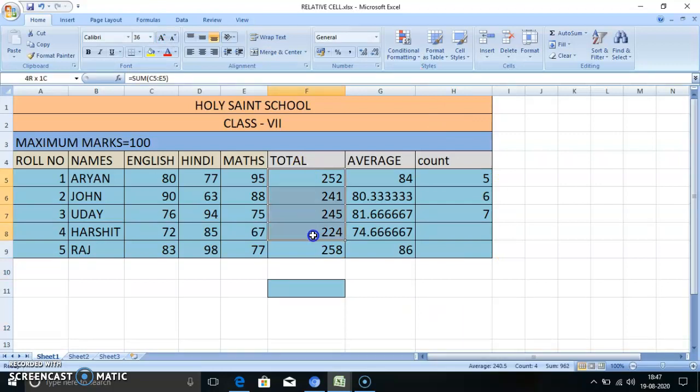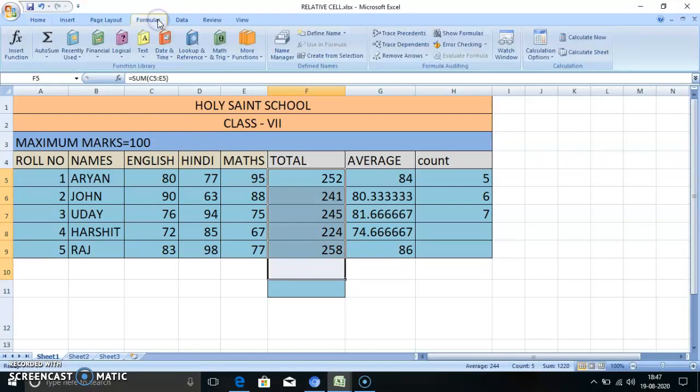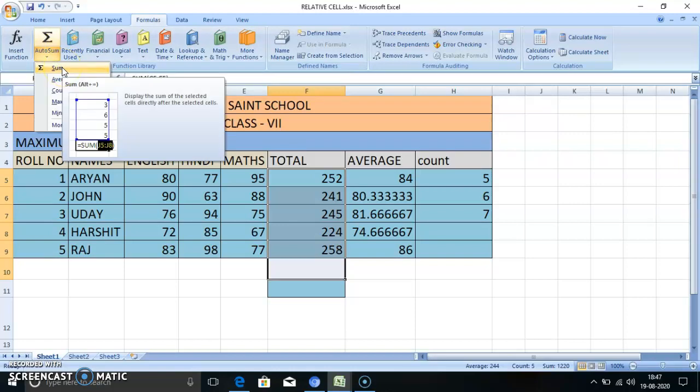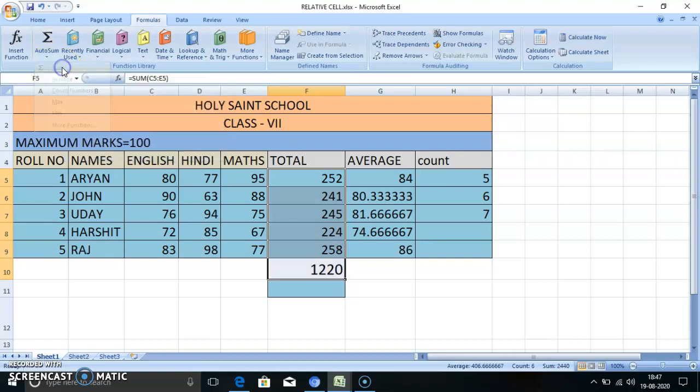See, select all these columns. Okay. Now click on the formula. When we click the formula, we get auto sum here. Click here. You'll get the first one, sum. So click on this sum. So the total of all these numbers is 1220.